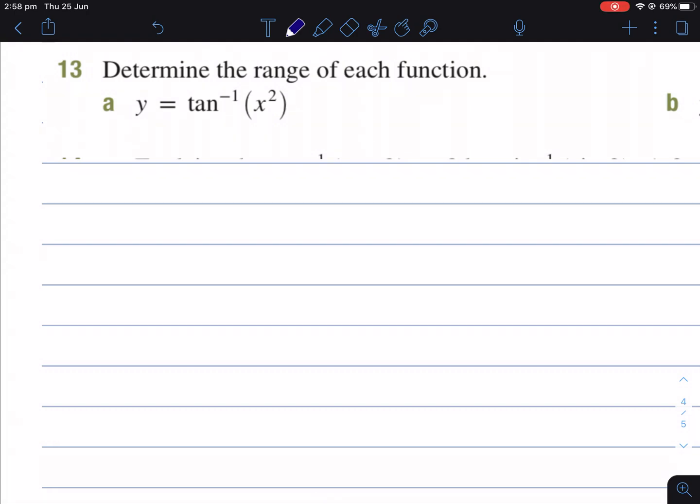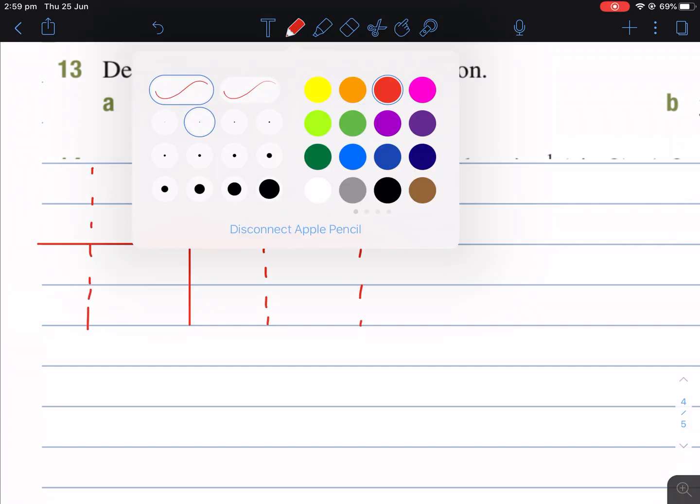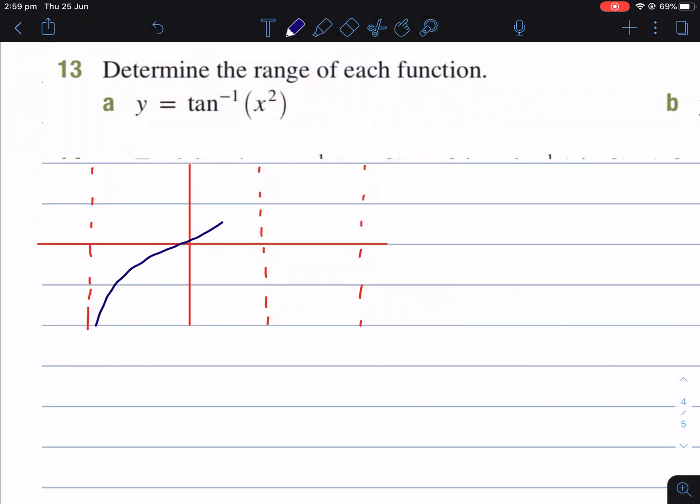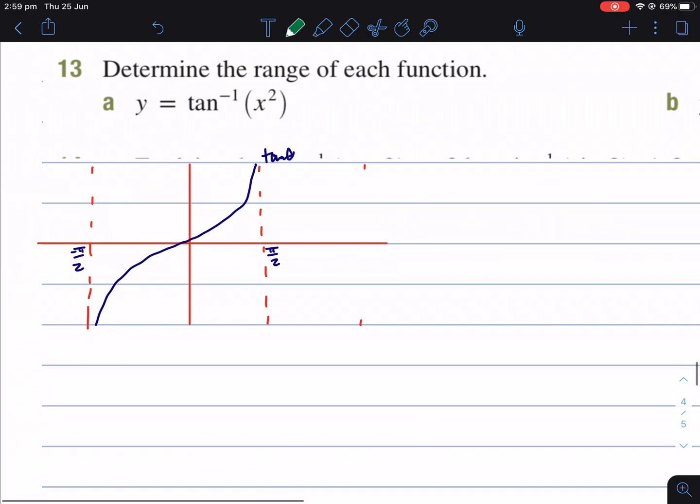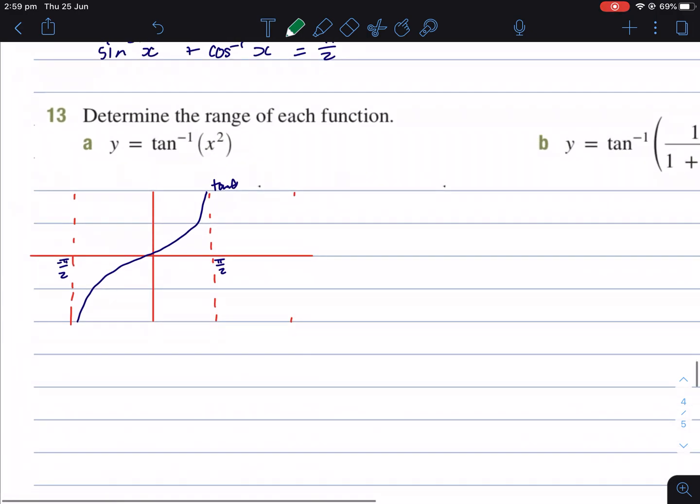All right, we're doing arctan of x squared, and I would just like to remind you of, firstly, our normal tan function. Normally tan, so that's pi on 2, negative pi on 2, and we just concern ourselves with that domain. So that's tan theta. And then when I want to do the inverse,